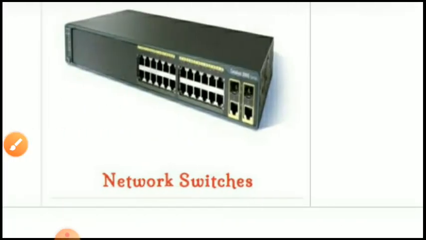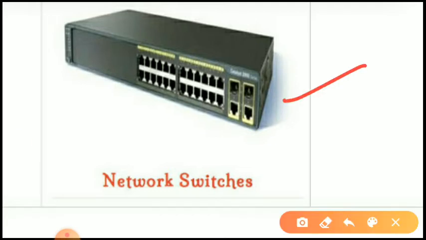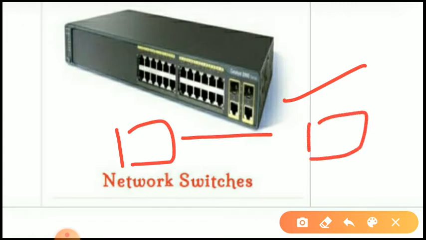Now the next device is a switch. This is a switch. It also looks similar to a hub but has some differences. A switch is a device that is used to segment a network into different subnetworks called subnets or LANs. If we want to connect two LANs to each other, we use a switch. It segments the network into small subnets and prevents traffic overloading. Basically it is used to prevent the overload of the network.